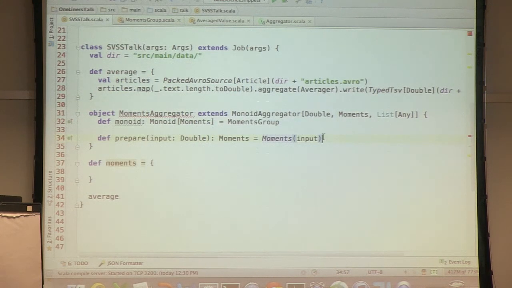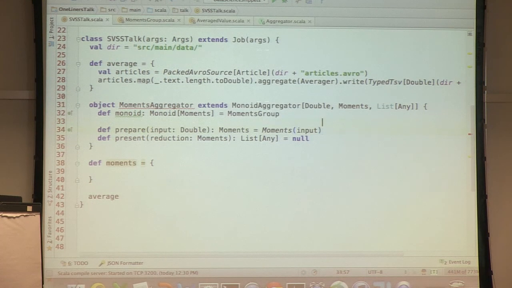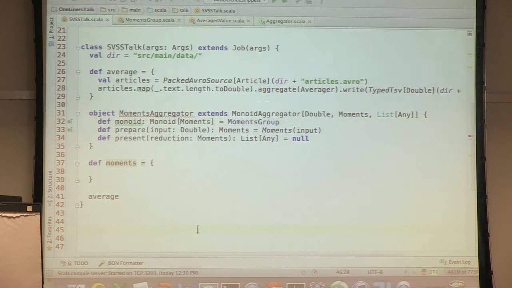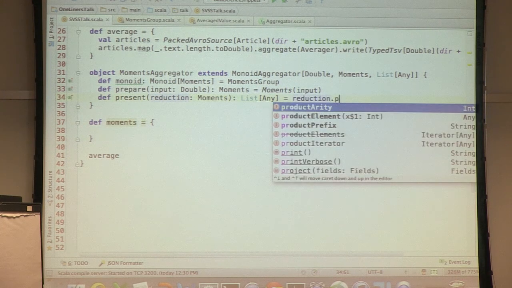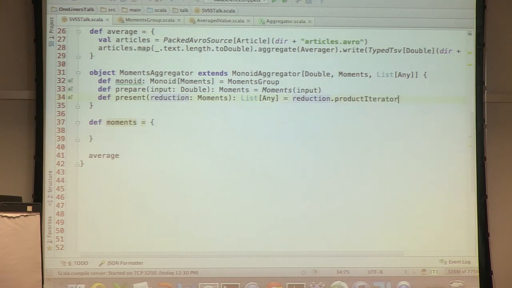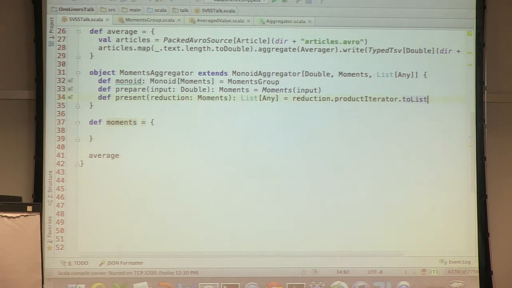And we need to also present the data in the format that we want. Let's see if it's okay. And here I'm going to do something a little bit nasty, but to list. That's why it's the list of any, because it's just a tuple of 5 elements, and I don't want to write out each element, so I just made it a list.